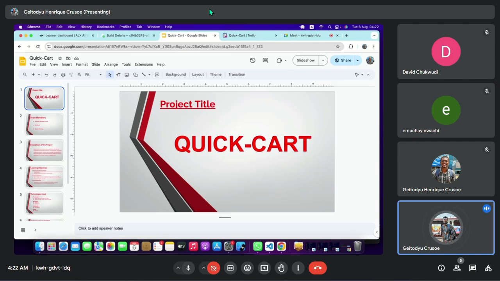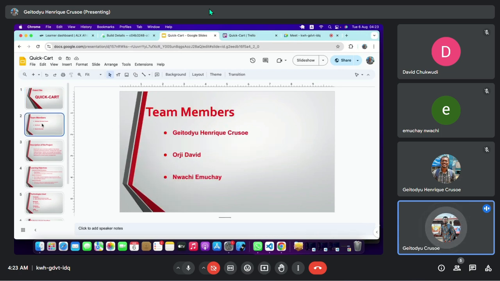And we're here to talk about the Webstack portfolio page. Our project name is QuickCart, and there will be three team members doing this project. My name is Kito Henry Crusoe, and I have two of my other members here with me, Oji David and